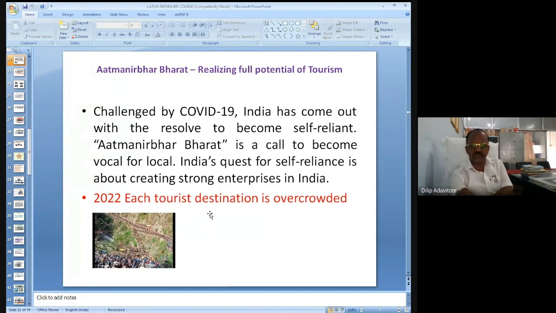All major tourist destinations in our country are overcrowded. This one image is taken from the Char Dham Yatra, Kedarnath Yatra, which is totally fully crowded, and now they are saying not to come to this Char Dham Yatra. We have to stop the Char Dham Yatra because various problems are created due to the unexpected number of